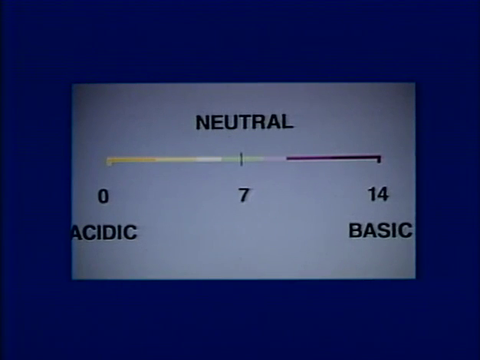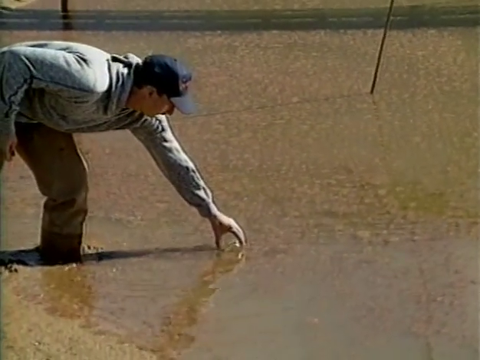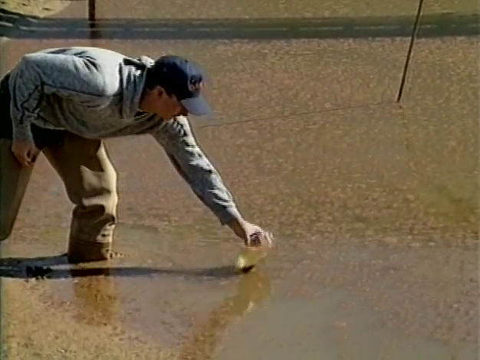The pH scale ranges from 0 to 14, with 7 being neutral. Water with values below 7 are termed acidic. Those with values above 7 are basic or alkaline. The greater the departure from pH 7, the more acid or alkaline a water is. For example, water with a pH of 5 is more acidic than water with a pH of 6 and has more hydrogen ions. The pH of a pond is directly influenced by the concentration of carbon dioxide in the water.